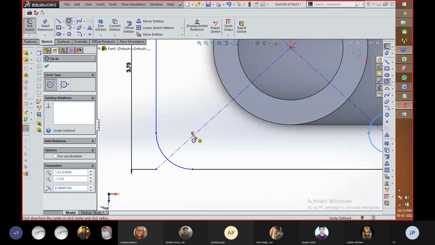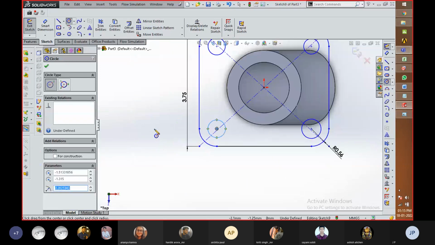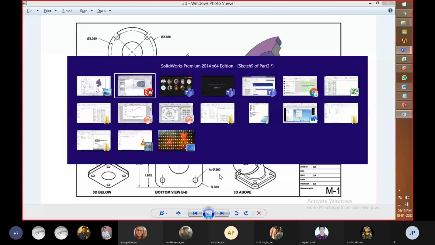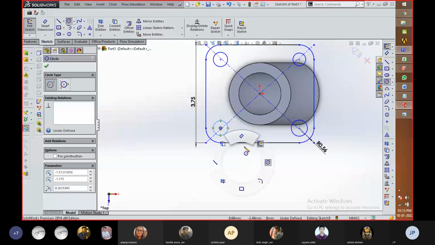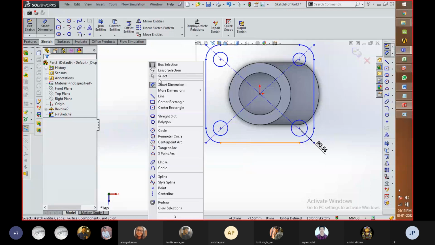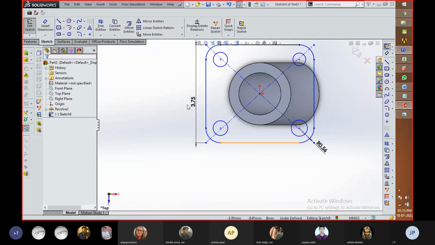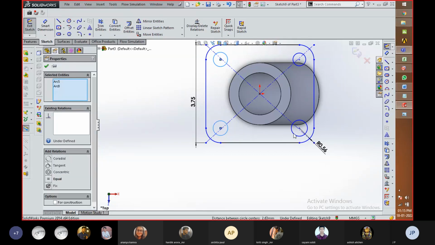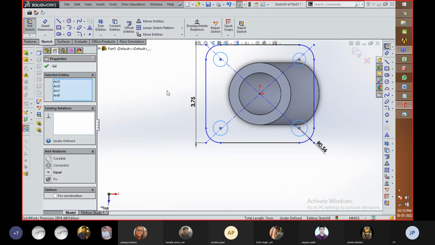There's one more thing which I'm going to showcase: the dimension of each circle is 0.380. So we are going to dimension one. Or, one more thing I'm going to showcase is that you can select all four circles by pressing Control, then go for equal.